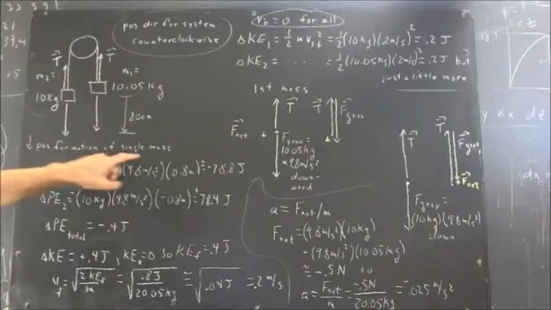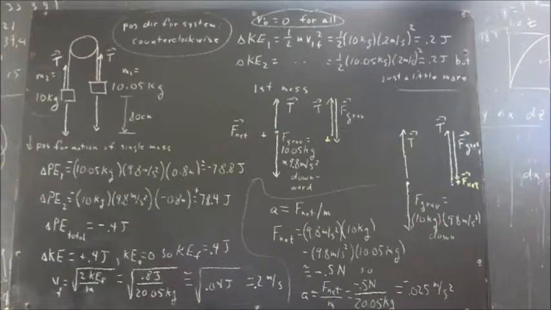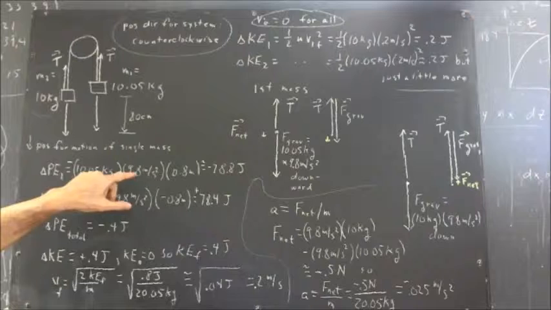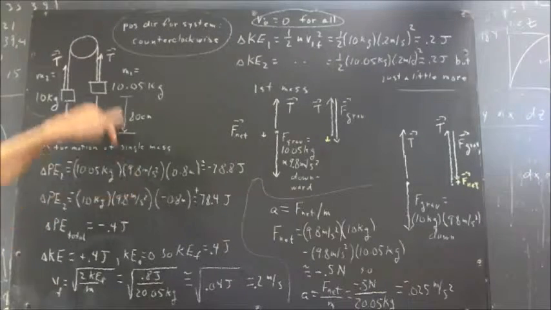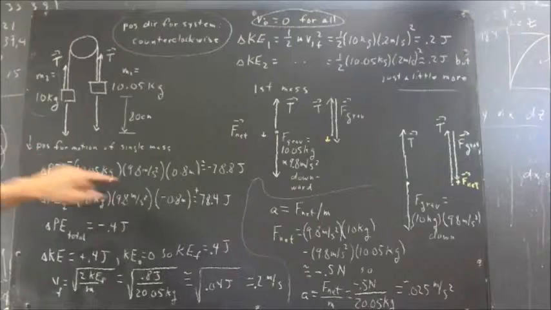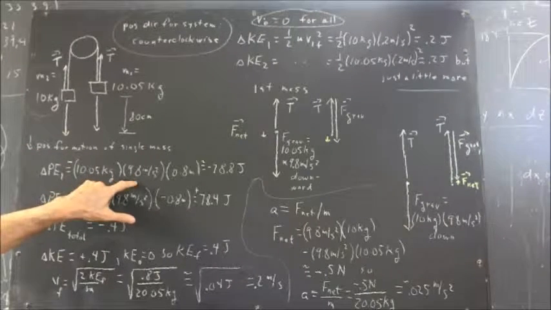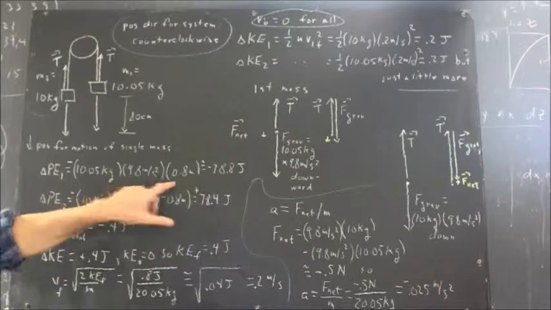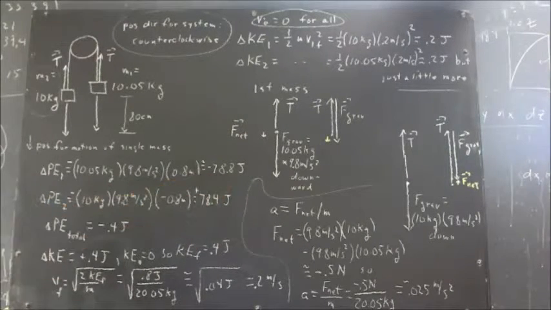Now, the positive direction we've chosen for the motion of a single mass is downward. And in that context, the change in potential energy of the first mass being the negative of the work done by gravity on the mass. The force exerted by gravity on this mass is 10.05 kilograms times 9.8 meters per second squared acceleration downward. Since downward is the positive direction, that force is positive, and so is the 0.8 meter downward displacement, giving us a net work done by gravity of 78.8 joules,